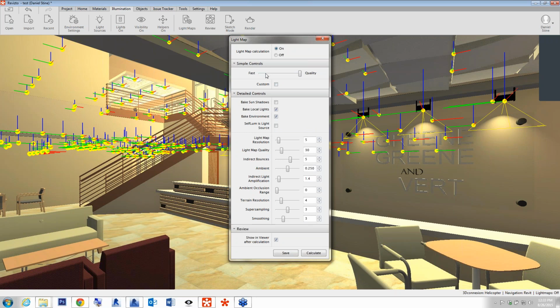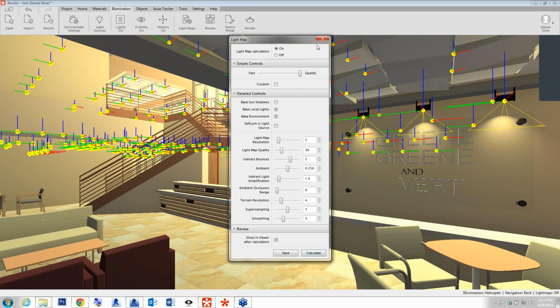So if I crank this up to high quality, we can kind of compare the settings here between high and low quality. Another thing that happens in this process is the lights are actually baked onto the surfaces. So the materials end up getting replaced with materials that already have the light qualities, such as the hot spots and the ambient occlusion type shadows baked into the materials. And that allows you to navigate in the viewer a lot faster, but still have that kind of ambiance of artificial lighting.